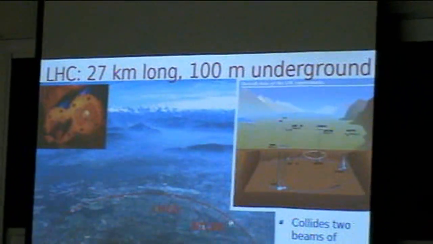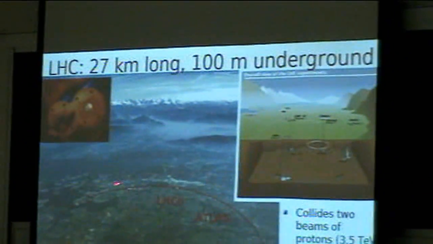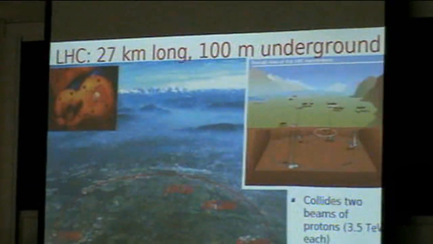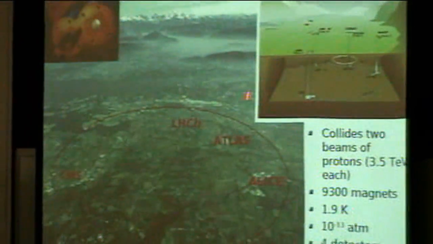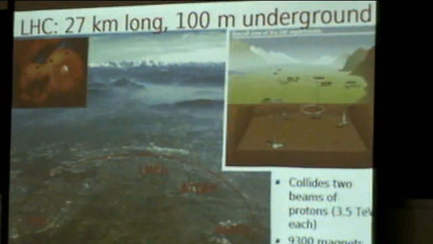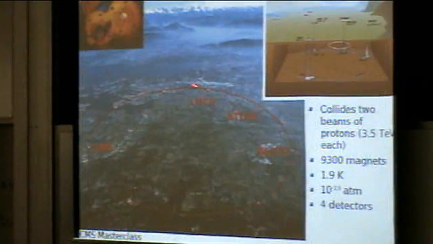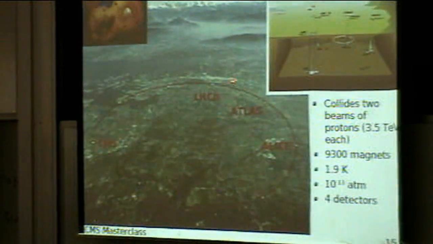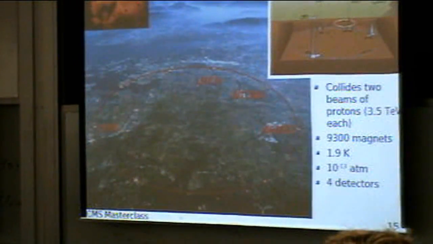Okay? So this is a picture of the accelerator. This is basically the drawing of that. This actually is dug up and it's 100 meters underground. Okay? This is Geneva, in Switzerland, that's the airport of Geneva, to give you a little bit of the scale, and that's the Mont